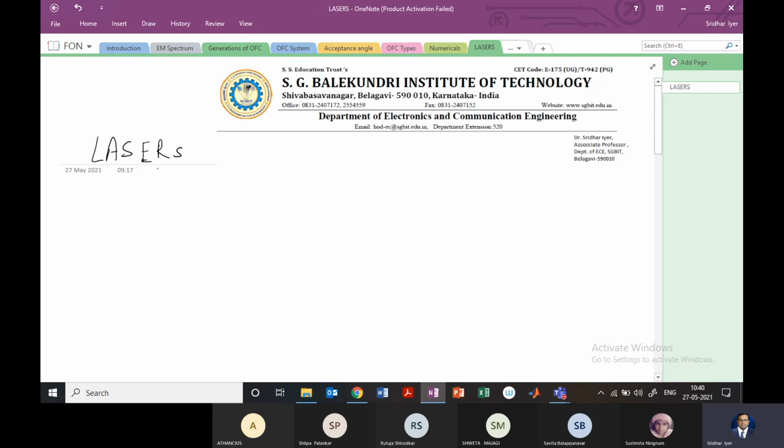Lasers are used for many applications. One of the medical applications is for cataract, where laser operation is used. It is being used in other medical operations as well. Laser stands for light amplification by stimulated emission of radiation, and I've already explained this entire full form, what it means, and the idea behind it. This laser will come in many forms, and the dimensions will be different.